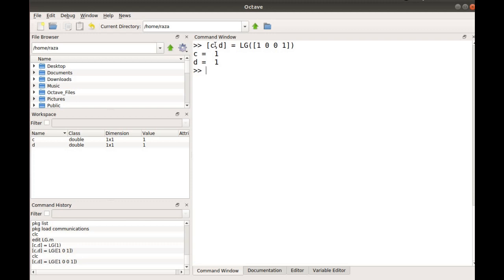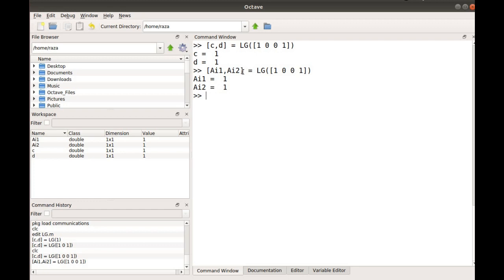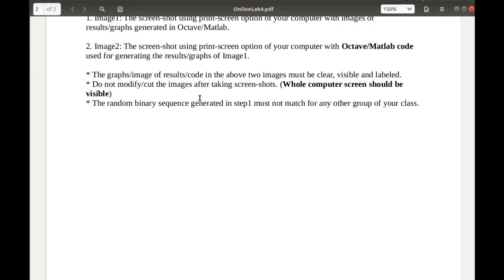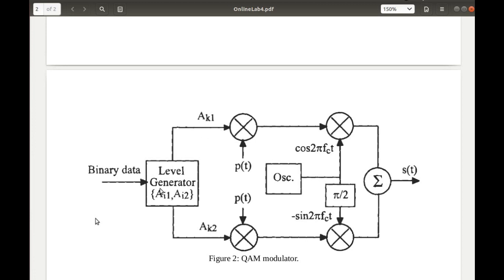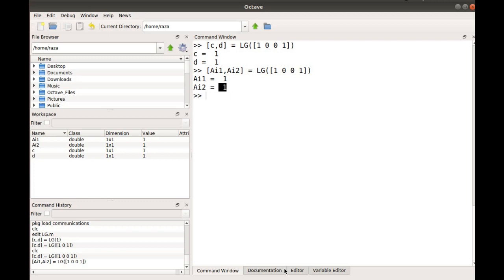So this is AI1 which is stored in C, AI2 which is stored in D. If I make it more meaningful, if you pass this binary data to the function, it would give you two levels, AI1 and AI2, which you can use in the modulator shown in this diagram. AI1 would be multiplied with P of t. We would generate P of t and the cause function as well. So this is how a simple